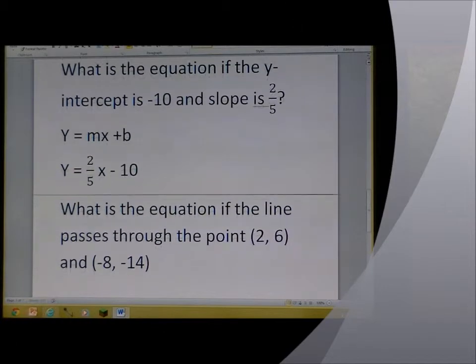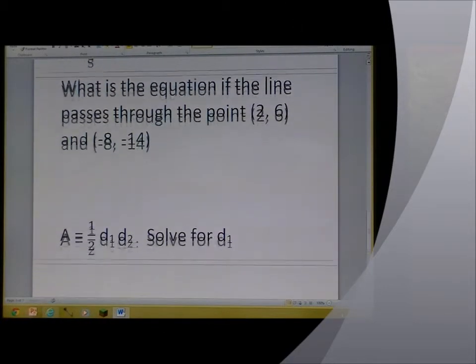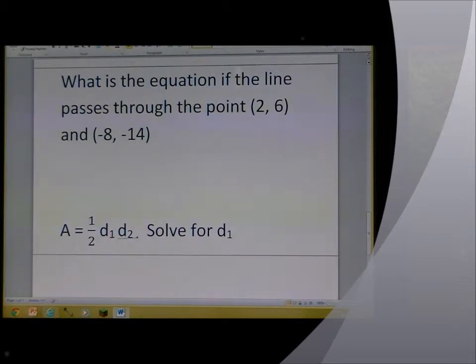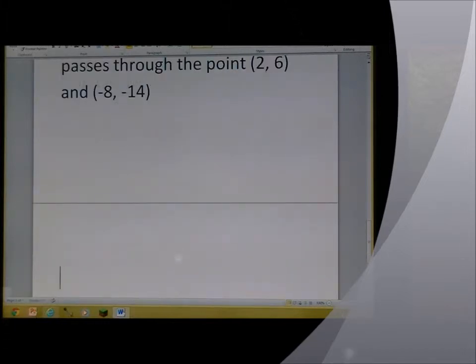Okay, what about this next situation? What is the equation of the line that passes through the points (2, 6) and (-8, -14)? So the first thing I need to do in this case is figure out what the slope is. So I have to remember an equation that shows me what the slope is. So the slope is the difference, meaning you subtract,